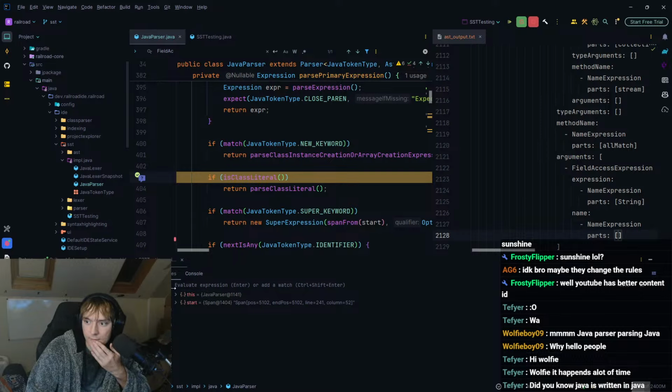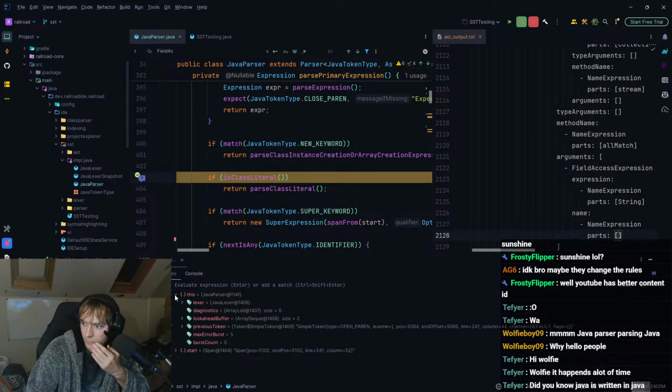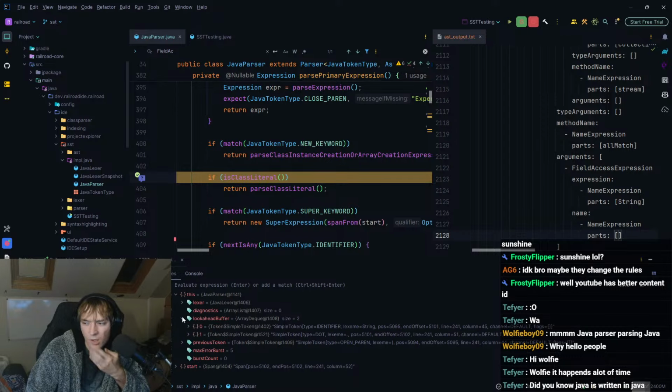Oh, okay, it has actually stopped. So what's it found? It found an open parenthesis. What? Oh no, that's the previous token. That doesn't make any sense either. That doesn't make any sense.